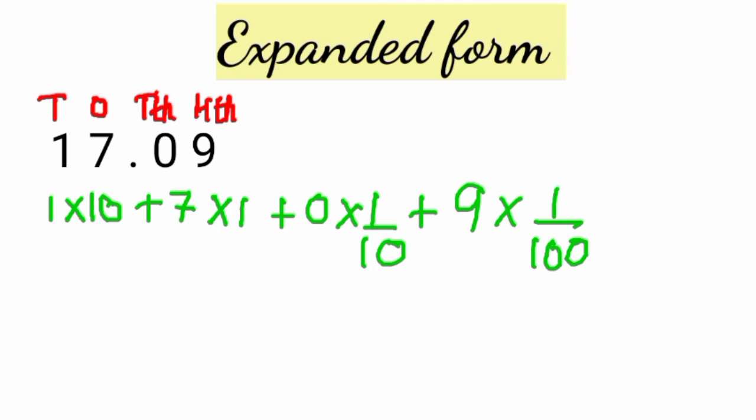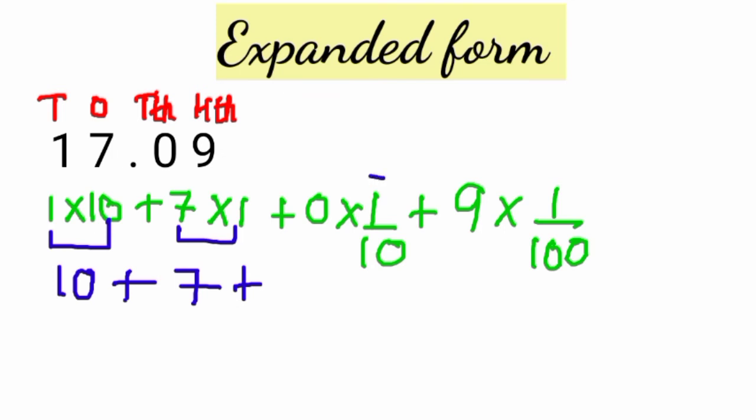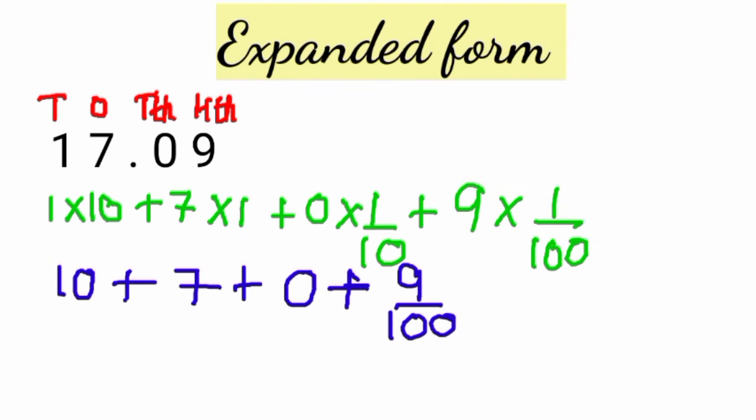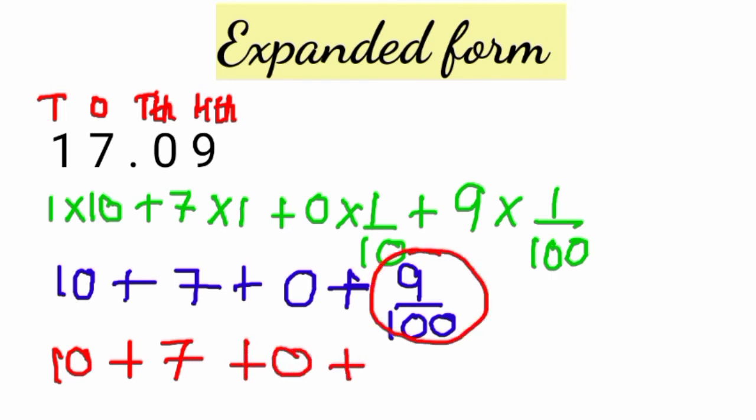Solve it. 1 tens are 10 plus 7 ones are 7 plus when you multiply any number by 0, what do you get? You get 0. So write 0 here plus 9 ones are 9 upon 100. Right? Or you can write it as 10 plus 7 plus 0 plus this 9 upon 100 can be written as